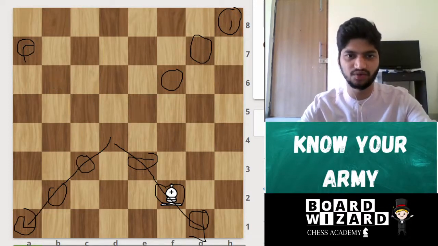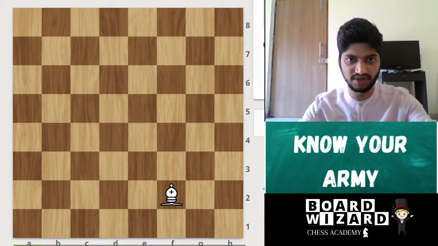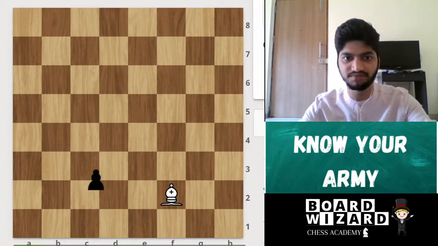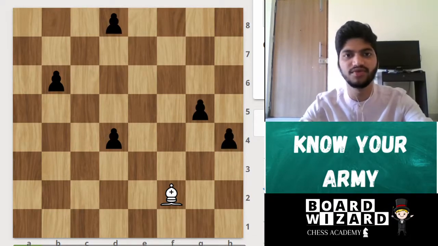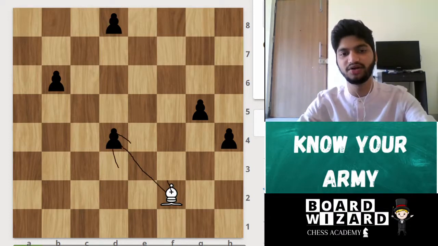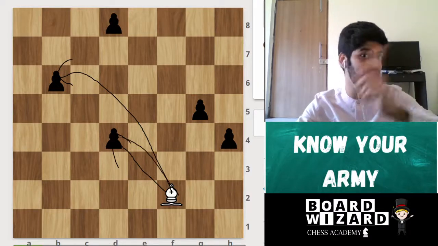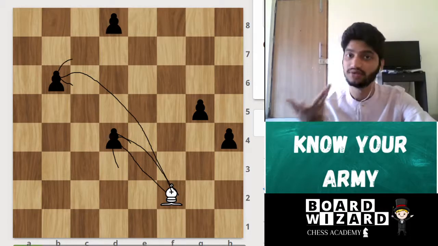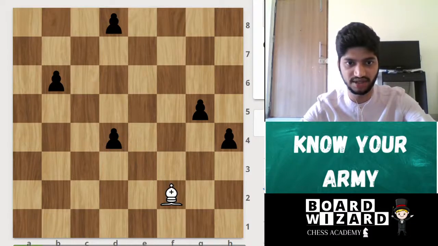It's the same as the rook. Bishop cannot jump over pawns and pieces. So let's keep some opponent's pawns in the bishop's way. Now this bishop can kill the pawn on d4 because it is in the way of his line of attack. It cannot directly kill the b6 pawn. It first has to kill this pawn because bishop cannot jump over the pawns. He has to kill, or he has to find another way to the b6 square. So let's see how he does that.